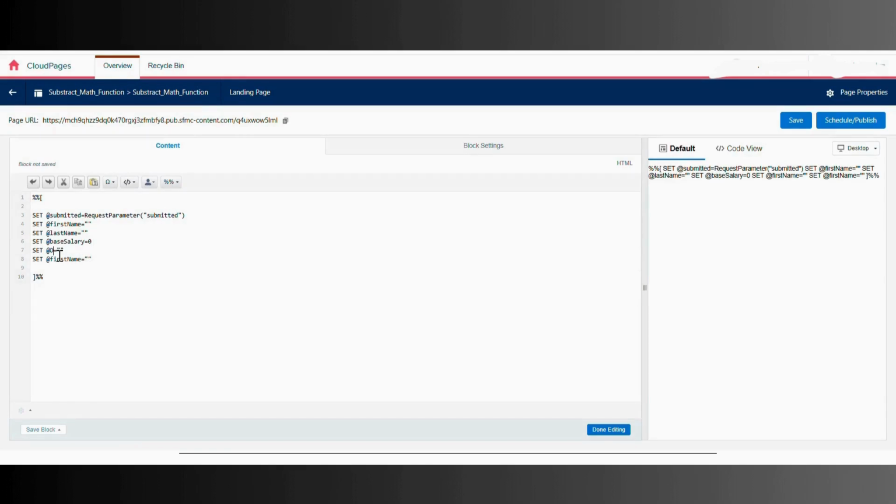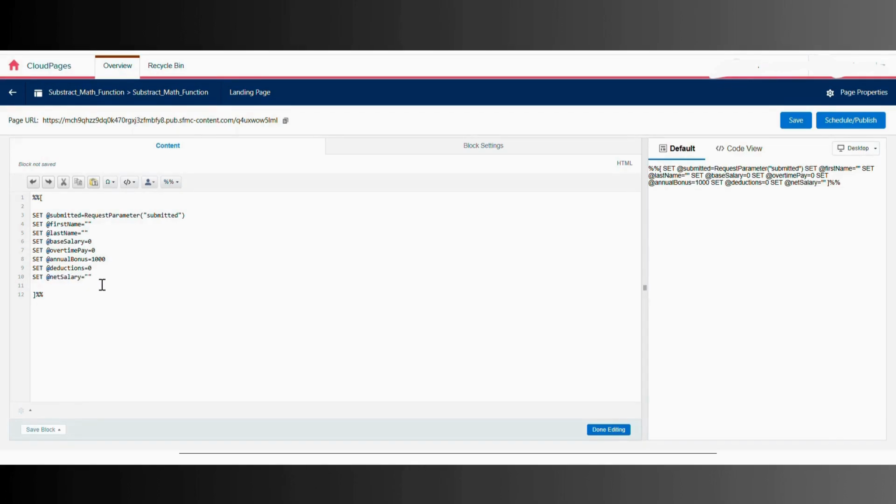So here is the code where we define things one by one. First one is set submitted, and that is request parameter submitted, and then we have set the first name, last name, base salary, overtime pay, annual bonus, deductions, net salary, etc. This defines the names and attributes of the types we want to set.